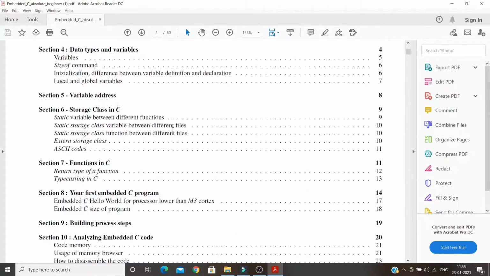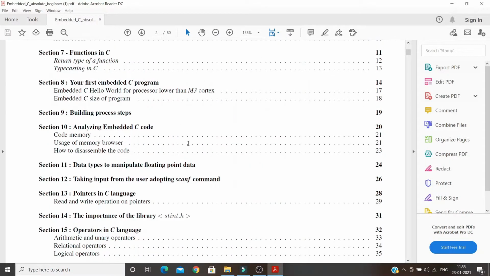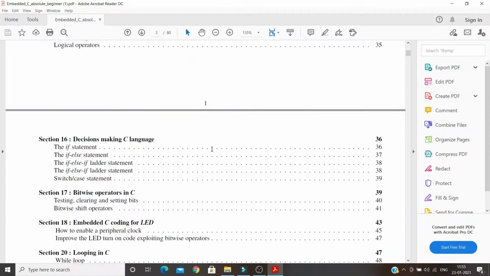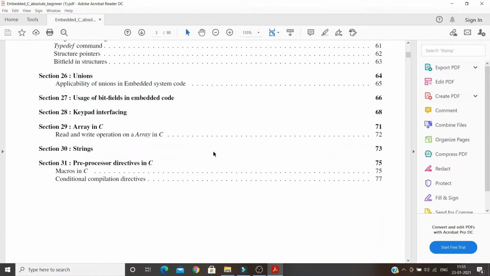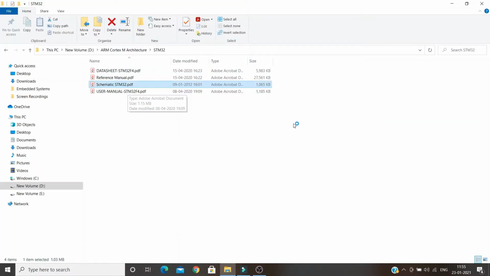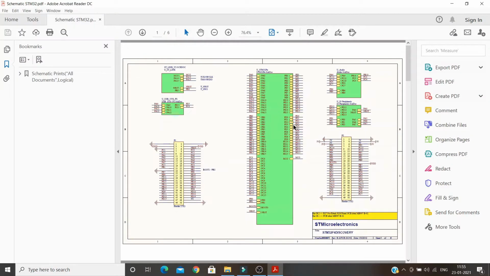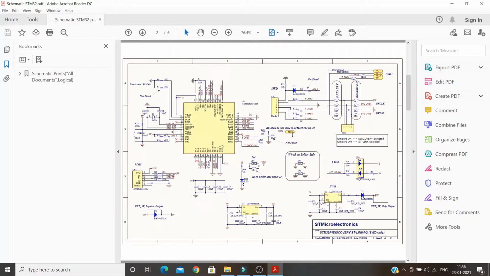All right. So I will also be giving some video series on basic concepts like data types, variables, scope, storage class, and functions. Along with that, we will simultaneously get to know about the STMicroelectronics microcontroller. I will also be discussing the embedded build